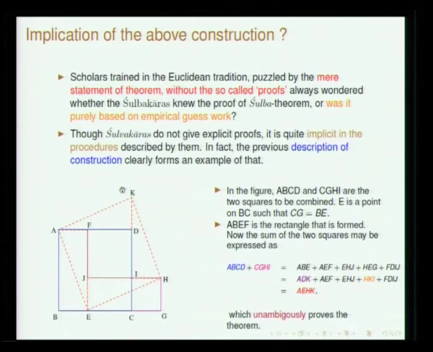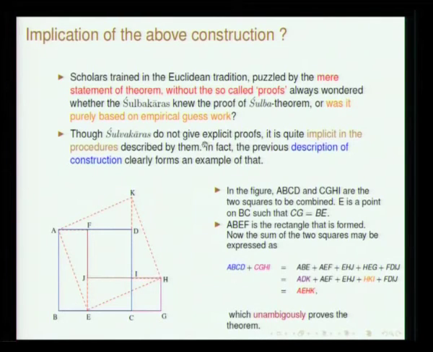So, there is something interesting that emerges out of it, and I wanted to spend a couple of minutes on that. Generally all these texts just state the rule. This is how the structure goes. Some European scholars are actually puzzled whether these people knew the proofs or not. This has been a question discussed at great length, and what we can easily see is